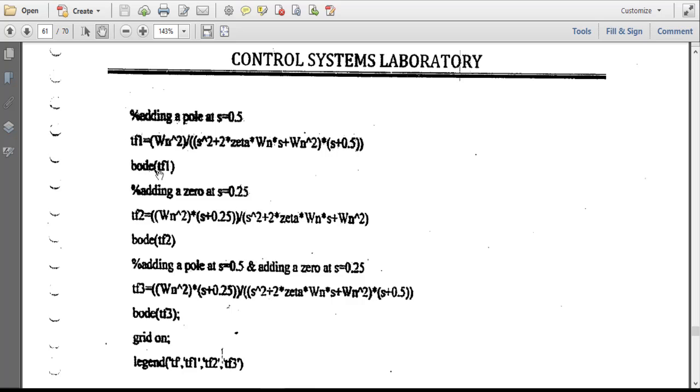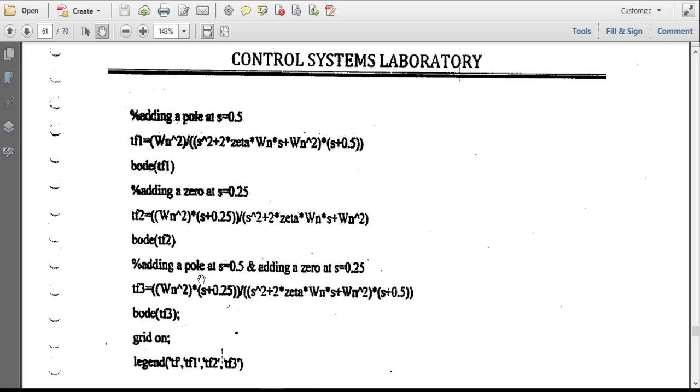So you are typing Bode of tf1. Again, now we are going for the next transfer function tf2 by adding a zero at s equal to 0.025. So you can see a zero is being added as s plus 0.025.